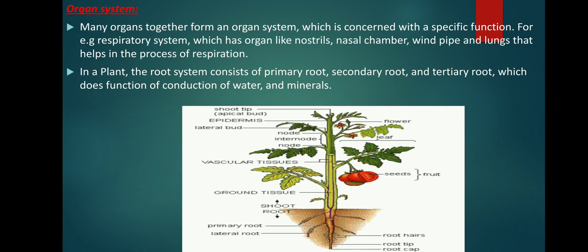Now move on to organ system. If you had to pick the most important part of your body, what would you pick? Would you pick your heart or lungs? You cannot live without them. But wait, your bones are important too. Without your bones, your body would collapse like a big pile of mush. Your heart, lungs, and bones are just a few of the parts that make up your organ systems.